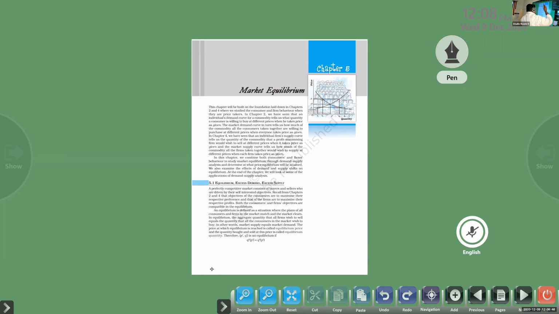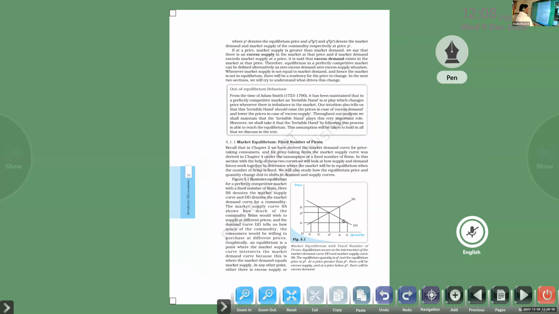Okay, so that's the basic concept of this chapter, and we explained that with the help of the diagram here. That is figure number 5.1 for us, perfectly showing the market supply and market demand. SS is the market supply curve and DD the market demand curve. We studied if the price is P1, the quantity demanded is Q1. Lesser the price, more the quantity demanded.